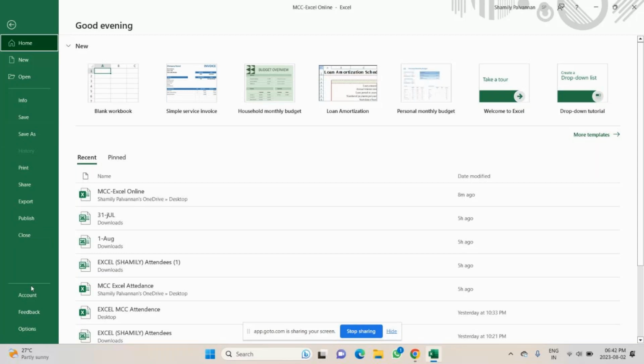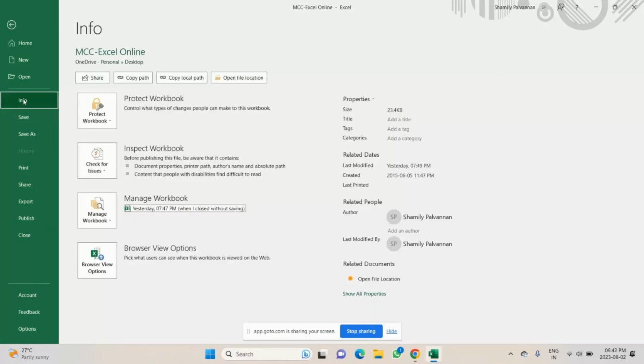First one, I'll go for this info. It will give you all the information what you have in a file. That means not exactly the content, but what is the size of a file, when it was created, when it was lastly modified, when it was printed, who is the owner of this document. All these details you will be getting. Now see here, this is the properties. Now see the file size, it says as